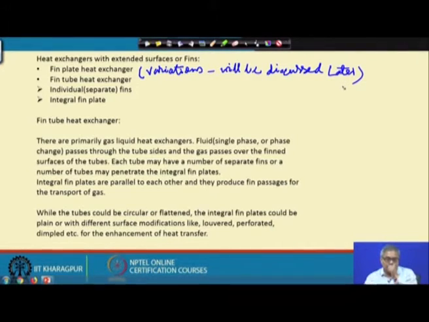One should not think that plate fin heat exchangers do not have any variation. So, what I have written, variations will be discussed later, but for fin tube heat exchangers again there are many variations,